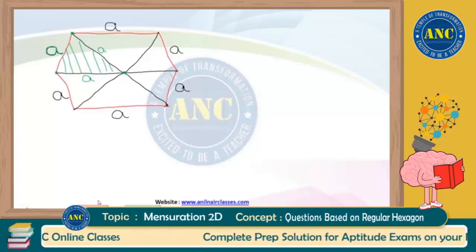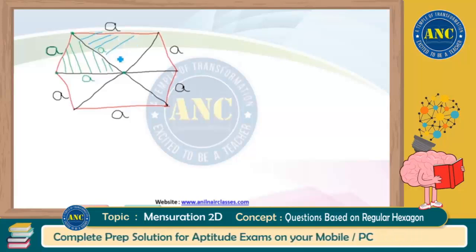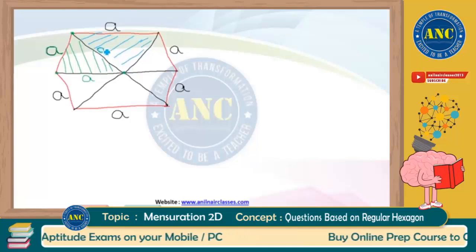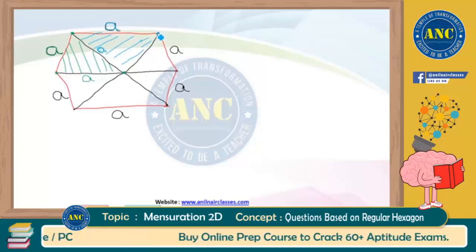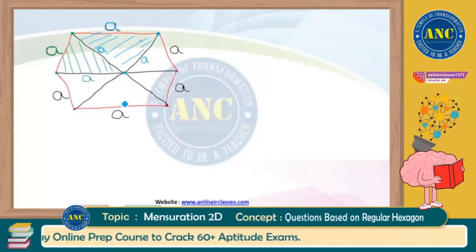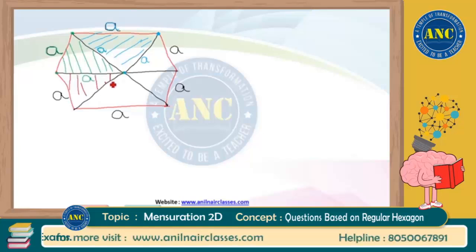Is that the only triangle which is equilateral, sir? Definitely no. This upper triangle will also be equilateral triangle. That means if this side is A unit, this side will also be A, and this third side which I am marking right now, that also will be A. Similarly, I can say that all the remaining 4 triangles which you are seeing right now here, all are equilateral triangles itself. That means I can definitely say that